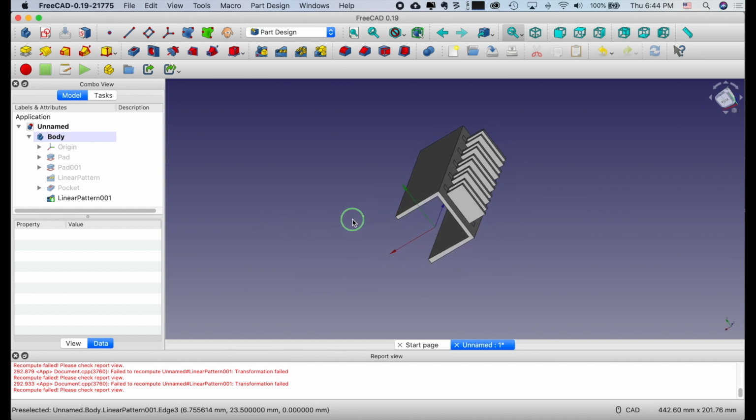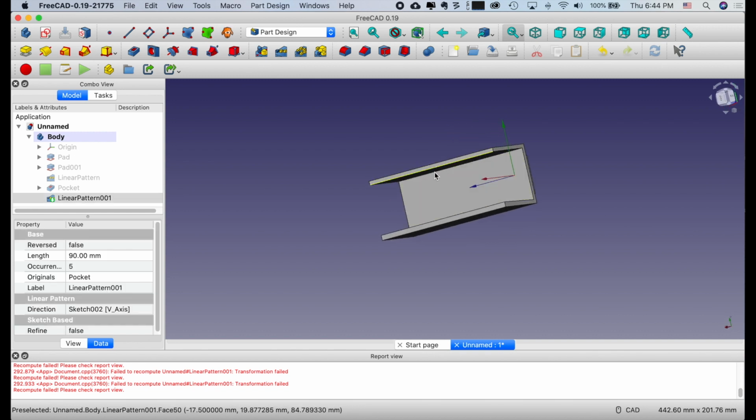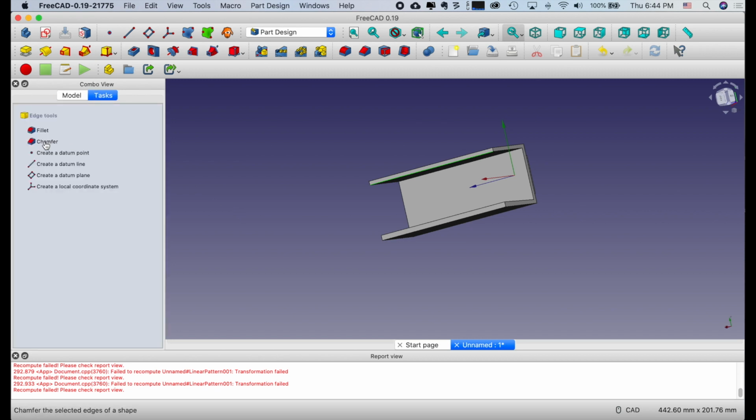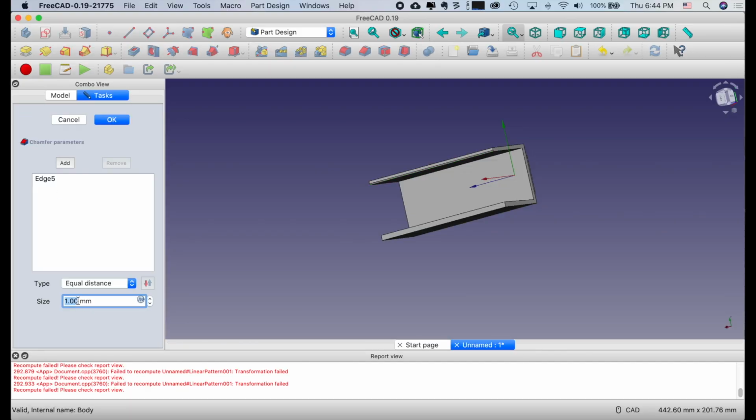take and rotate this around so I can see these edges. I'm going to select one of these edges. I'm going to select that edge there. And now we're going to go to tasks, and a chamfer, spelled C-H-A-M-F-E-R, chamfer, or chamfer, I don't know, somebody who knows better will tell me, is an angle. A fillet is a rounded surface. Well, I think for our case, we'll do a chamfer, and we'll make that 2 millimeters, and do an OK,